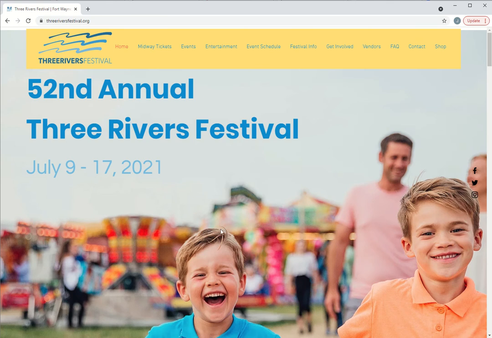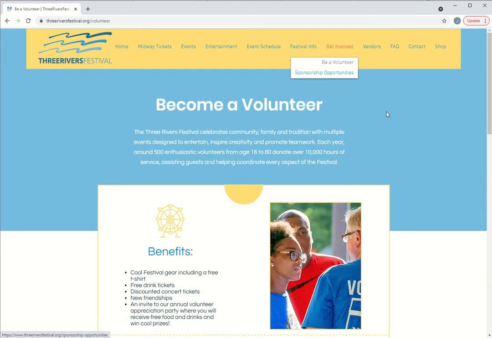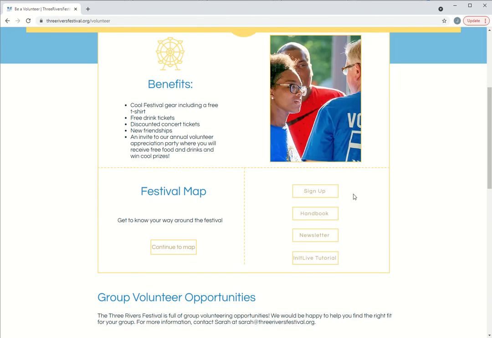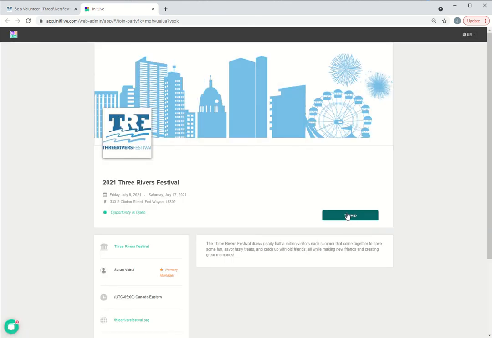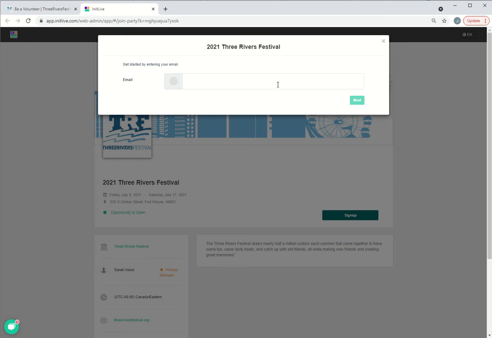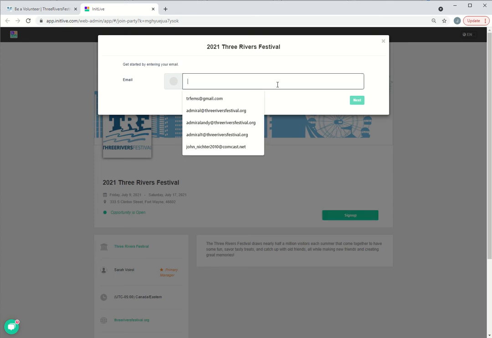When you go to our festival website, you go the same way that you signed up to be a volunteer: Get Involved and Be a Volunteer. Again, it'll take you to our volunteer page. Go ahead and click the sign up like you did before, and then we will enter the email that we use for our account. We're going to use Admiral Andy's account, again, that we had signed up in the first video. Once we're here, go ahead and click the sign up button, and again, it will ask us for our email. And we're going to click on Andy's